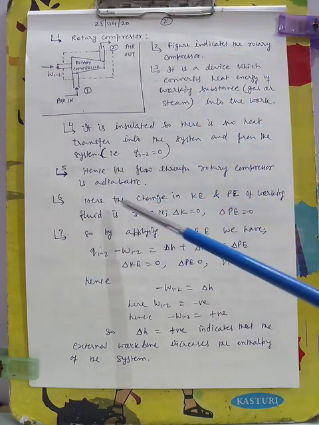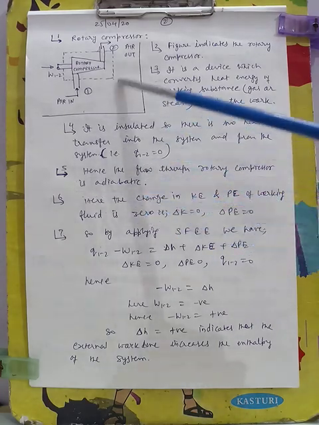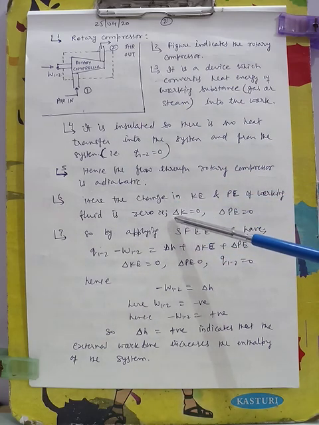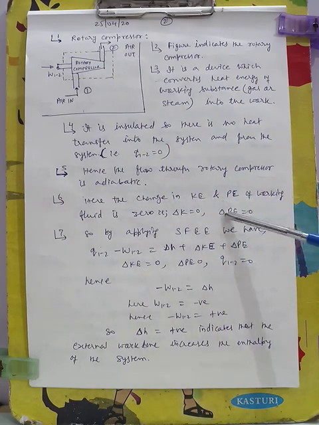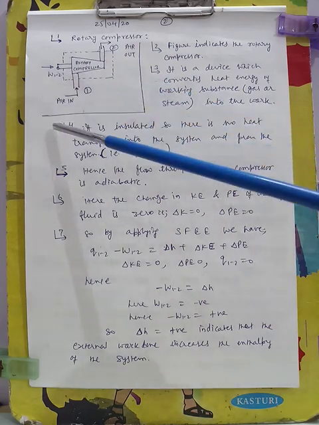Again here the change in kinetic energy and potential energy at inlet and outlet will be 0. Change in KE is equal to 0, change in PE is equal to 0. So because it is a steady flow system,